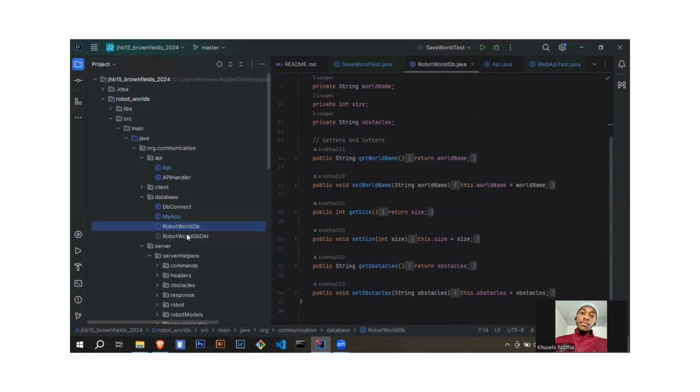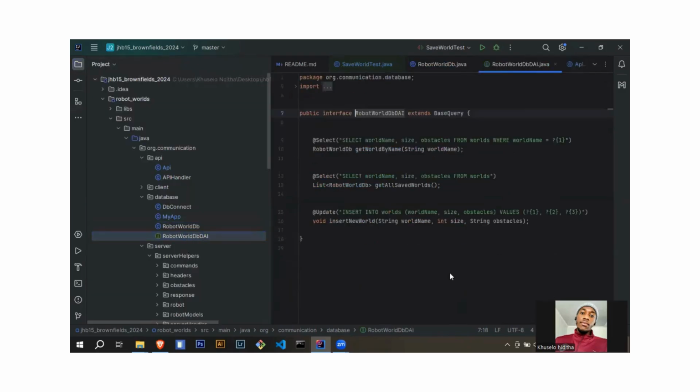Queries to get the information: we have the select query for selecting the world by its name, which will return the world name, size, and obstacles from world where the world name is specified. Then we have another select query, which will list all the worlds that we have saved in our database. We can also update our world using the insert query, which will take in the world name, the size, and